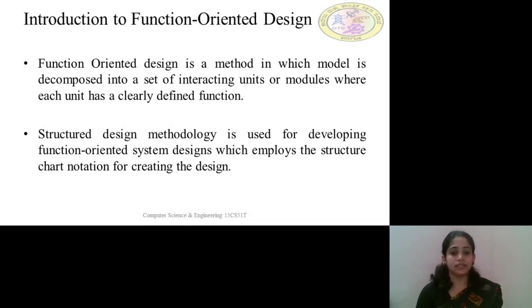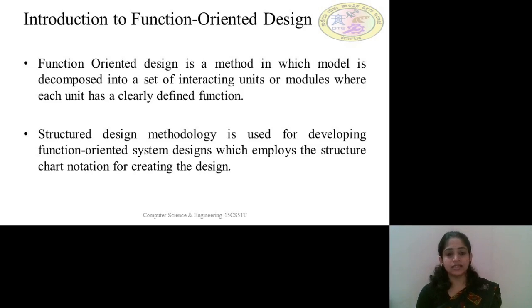Function oriented design is a method in which the model is decomposed into a set of interacting units or modules where each unit has a clearly defined function. As we all know, we always employ a method of dividing software into different modules. We are not going to develop software in one shot.